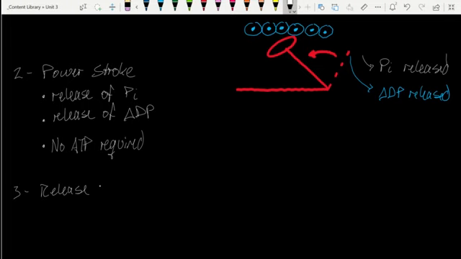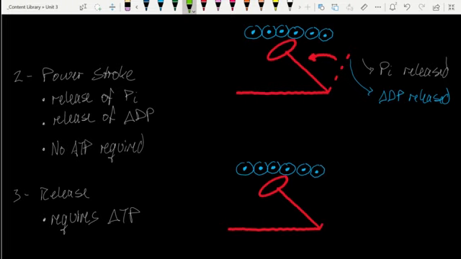For step 3, release, this is where ATP comes in. So this step requires ATP. If we go back and we look at our picture, what does this look like? ATP comes in, and ATP is going to occupy the site that was vacated by ADP when ADP was released during the power stroke. So in comes ATP. We'll bind it,